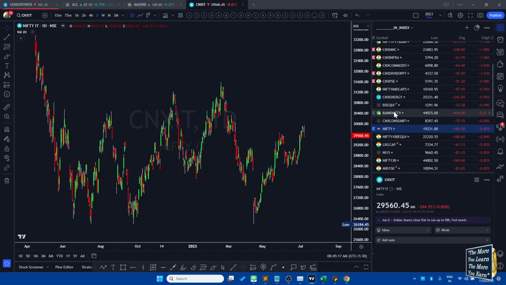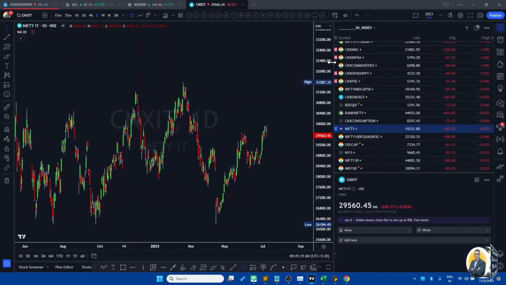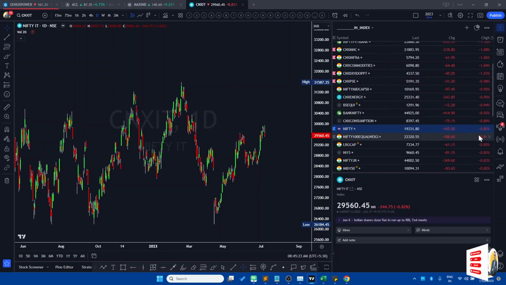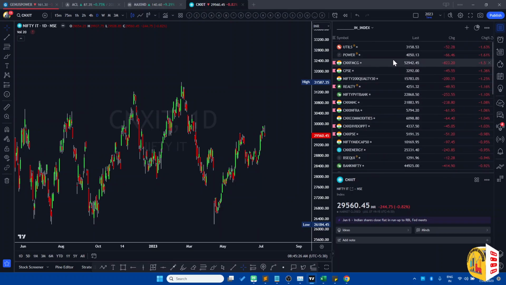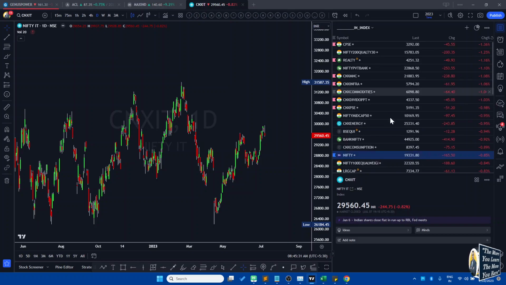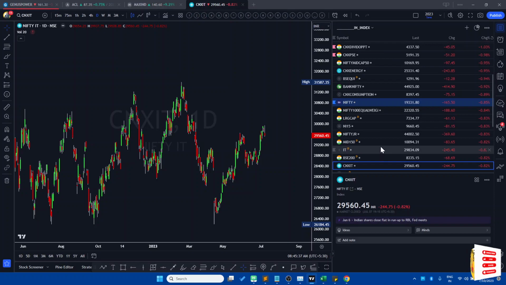Nifty, on the last trading day of last week, was 0.85% down, and these were the sectors: utility, power, FMCG, which underperformed, and private banks, MNC, infra, which basically fell more than Nifty. I get a view on it on a daily basis. You can get these sectors from any of the websites, but it's not trivial. At least you get an idea on a given day that IT, in my view, was performing better than Nifty because it fell 0.82% compared to 0.85% negative for Nifty.